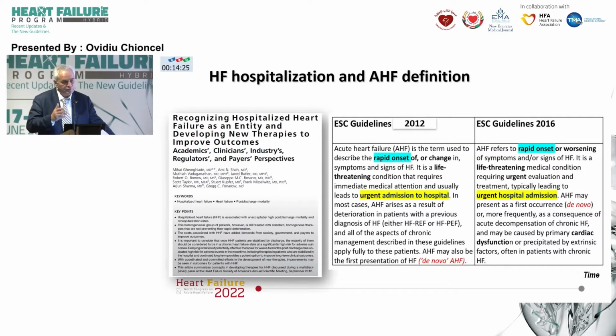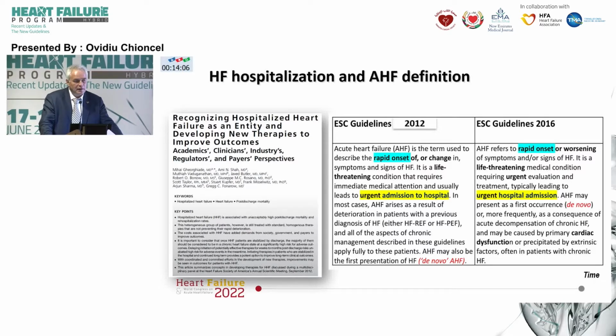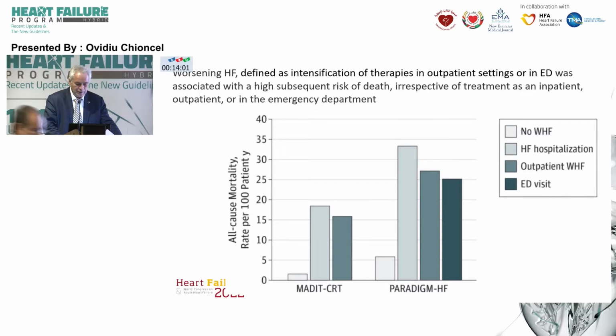And we know very well that acute heart failure is a progressive, multi-event disease, and the need for hospital admission was stipulated in the previous editions of the heart failure guidelines in 2012 and 2016. And I underlined urgent need for hospital admission. But what we learned in the last years, we learned from two clinical trials, PARADIGM-HF and